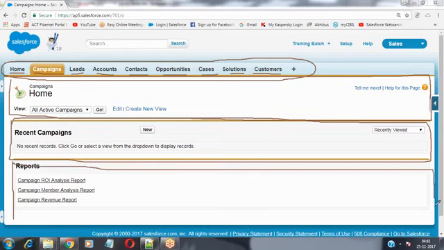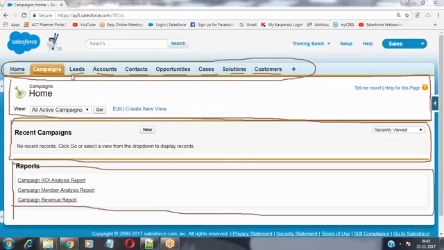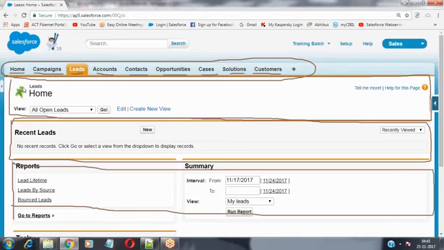This is the structure followed by Salesforce. When you click on the Leads tab, there is a similar structure: the enhanced list view control, then the recent leads section, and then some optional features like reports and tools and summary.